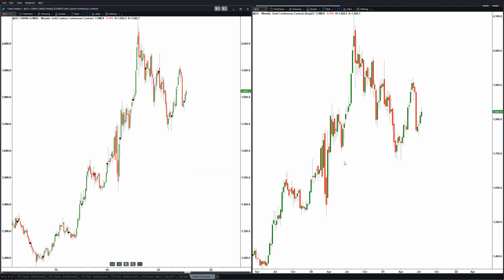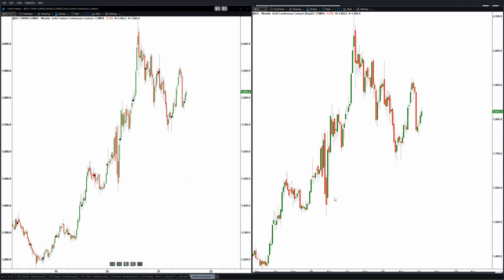Which is the unadjusted and which is the adjusted? So on the left is the unadjusted. That's correct. On the right is the adjusted. Exactly. So now